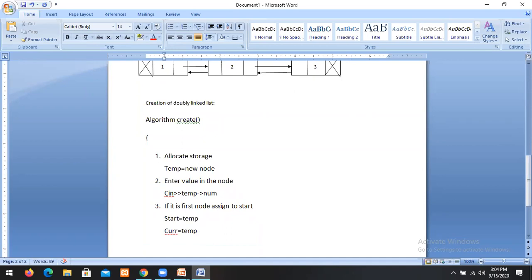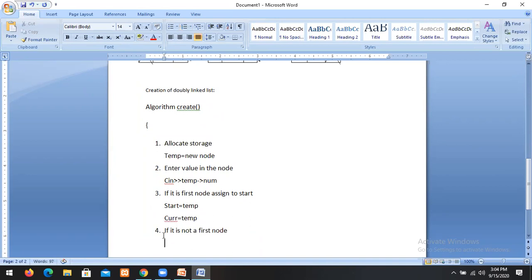If it is not the first node, we have to connect. If it is not the first node, store the address of the node into the previous node.